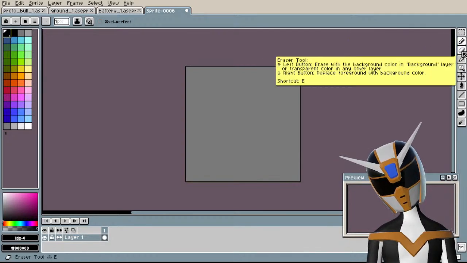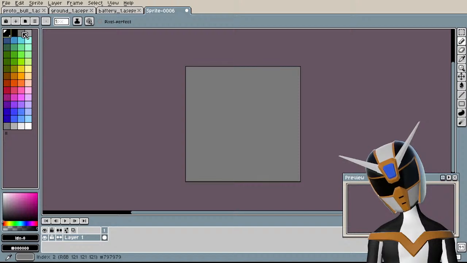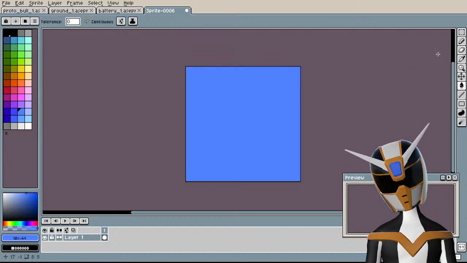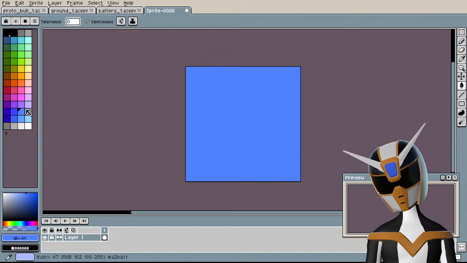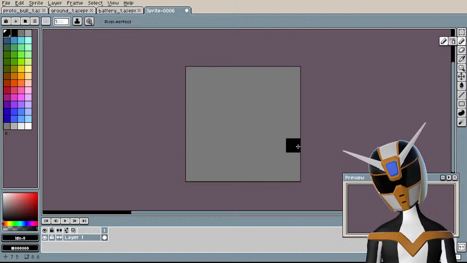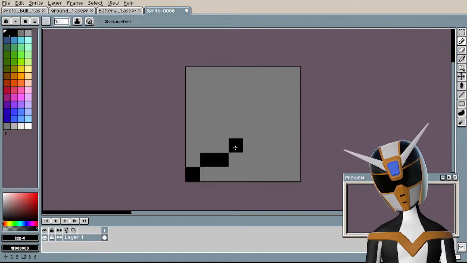How should I do this? Maybe I won't even make them gray. Maybe make them like blue. I don't know. Let's do gray for now and see if I can make it look kind of cracked.